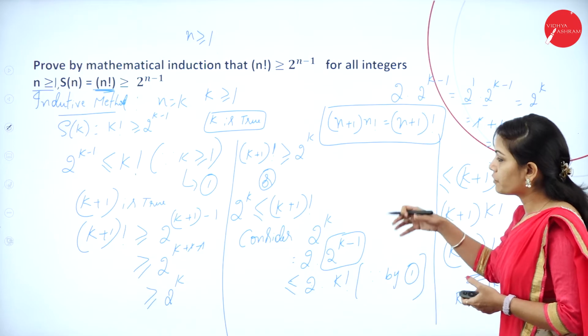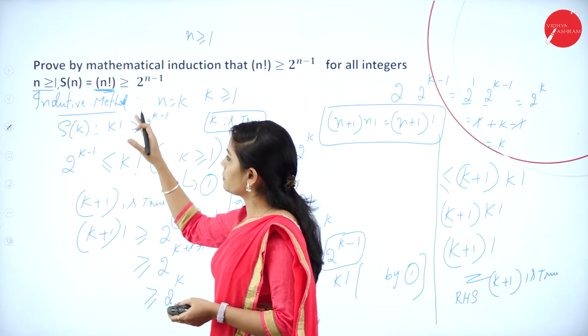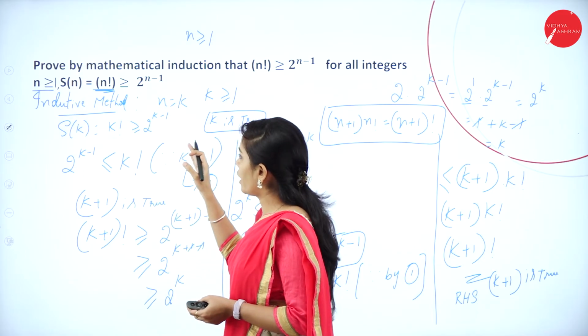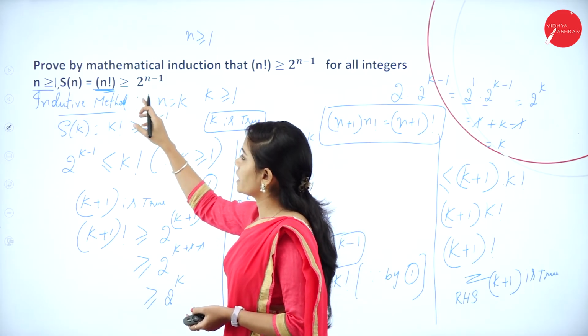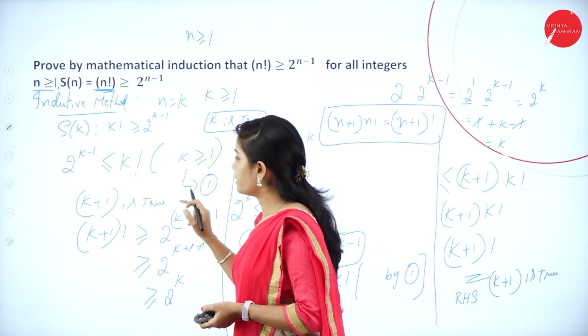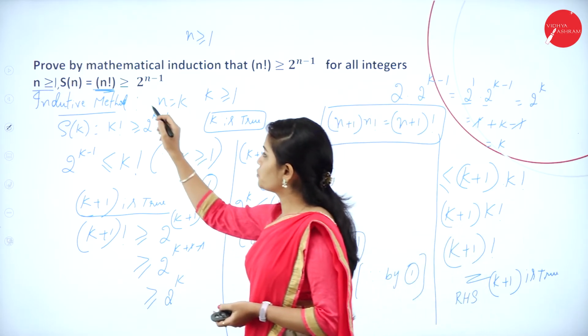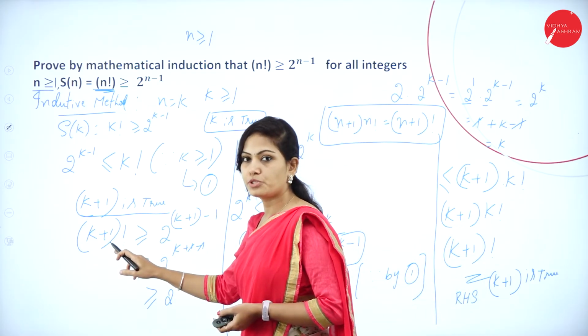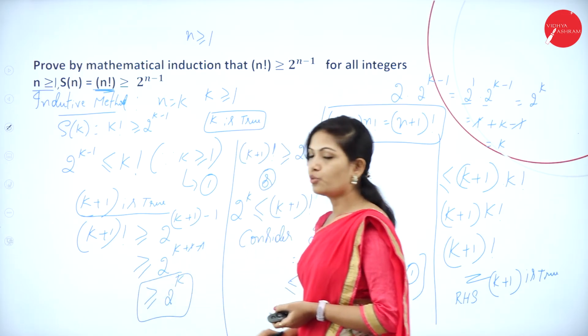Here you got different substitution. You have to understand the concept. So first you have to replace n by 1 and prove that LHS is equal to RHS, and you have to replace this n by k, that is inductive step 1, and also you have to prove that k plus 1 is true and substitute the value in place of n, substitute k plus 1 and k plus 1. Simplify this, you will get 2 power k.